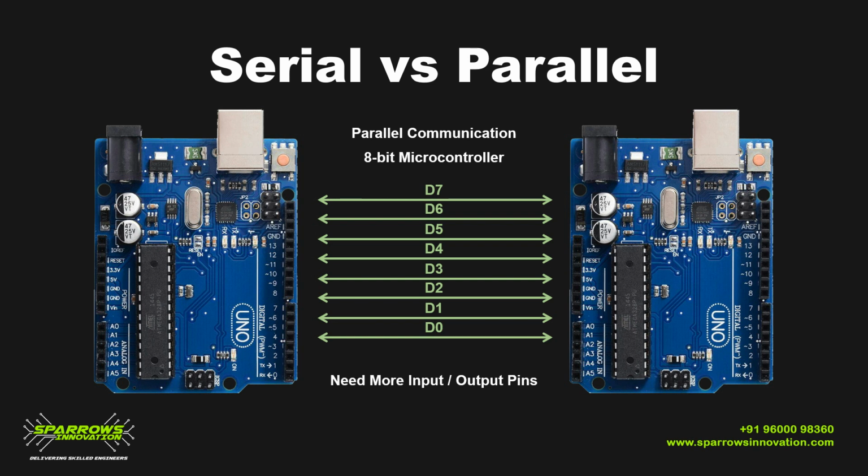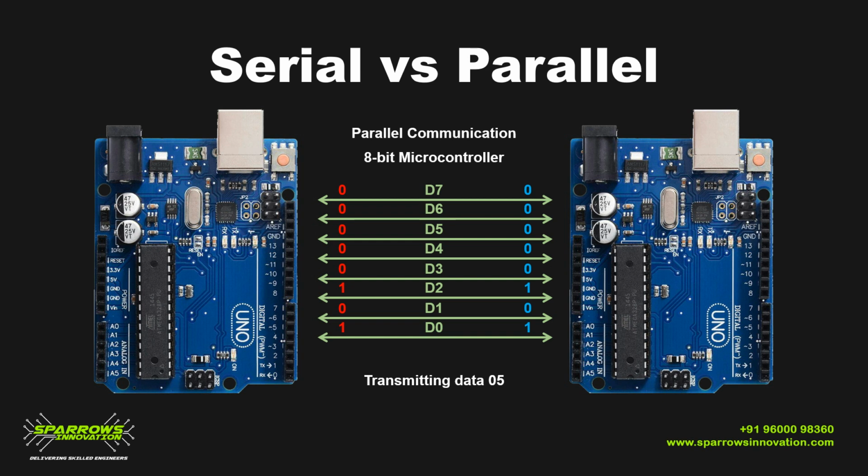This is some of the drawback in my Arduino, because my Arduino has only 13 digital input and output pins. If I use 8 pins for data transfer itself, I can't connect other input or output devices with my Arduino. This is one of the drawbacks in parallel communication. For example, if you are going for a 16-bit microcontroller, then you have to use 16 input and output pins. If you're going for a 64-bit microcontroller, then you have to use 64 digital input and output pins only for data transfer. And for example, if I am going to transmit data of 0 and 5, then it will be converted to 8-bit ASCII values and then transmitted.